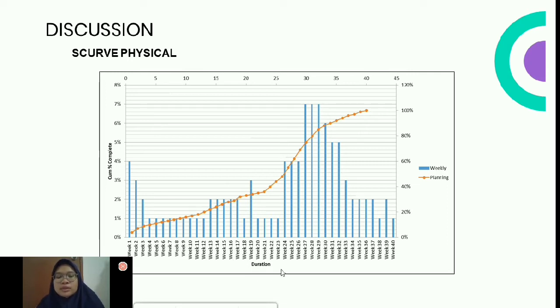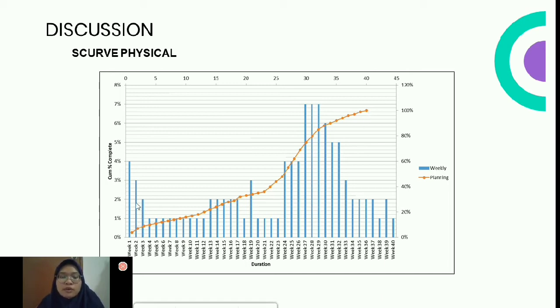The durations we take are week by week, and as you can see here, the orange S-curve line is the plan of the cumulative percent complete of the project from the beginning until the end of the project.